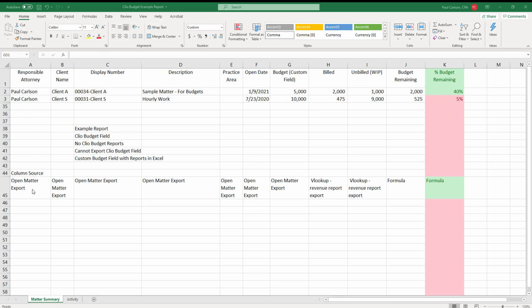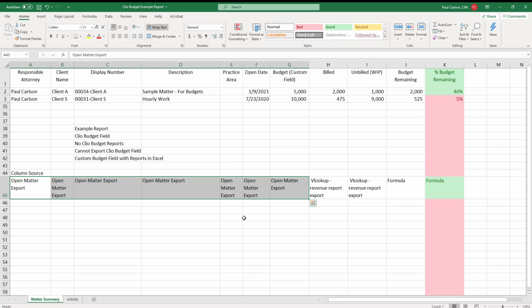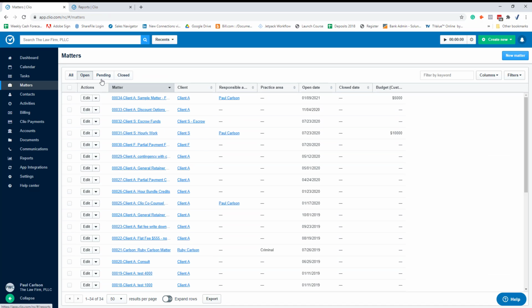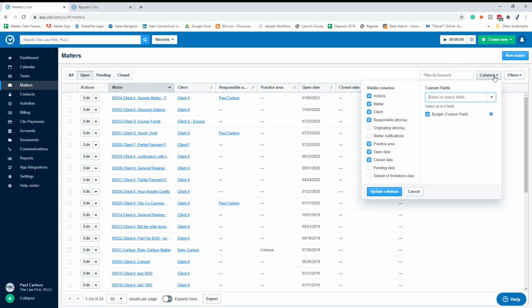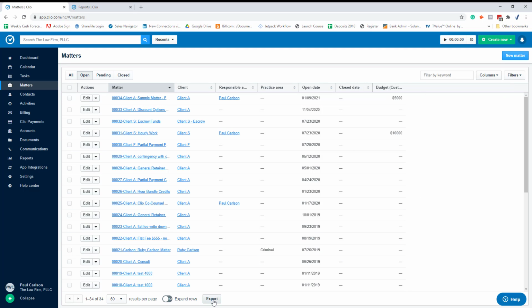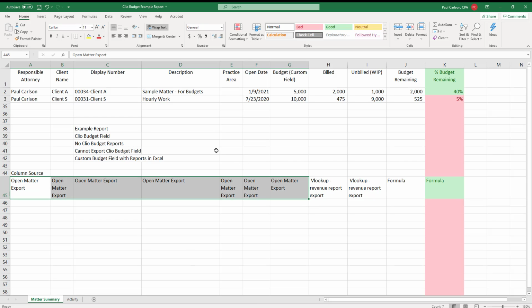Each of these, the first half dozen columns, are all from a Matter export. So what that looks like is we go to Clio, we go to Open Matters, and we use the columns filter to change the columns that are available on the screen. We turn off a couple fields we do not need, and then we add in that custom budget field that we created. And from here, we just push this to Excel, and we can copy and paste this into